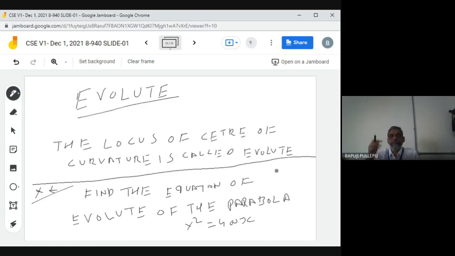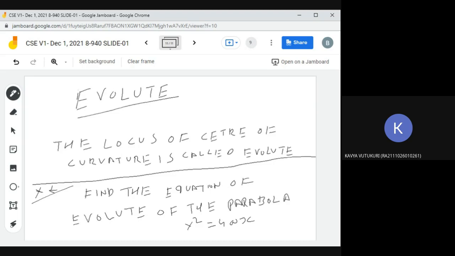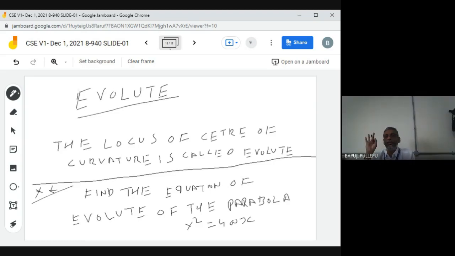Okay, find the evolute of the parabola y square is equal to 4x, but you need points. If no point is given, what do you do? Always you can take parametric equations for granted. What is the parametric equation? Y square is equal to 4x means which points can you take for granted? What is x's value, what is y value? Tell me. At square, comma 2at. Very good. So always take it blindly, nobody will ask.